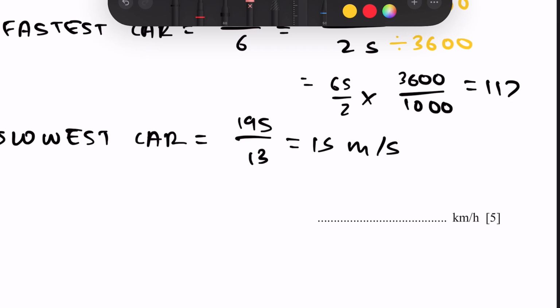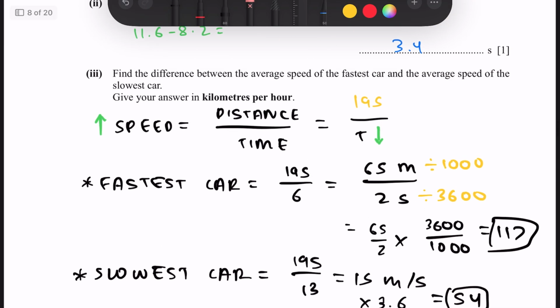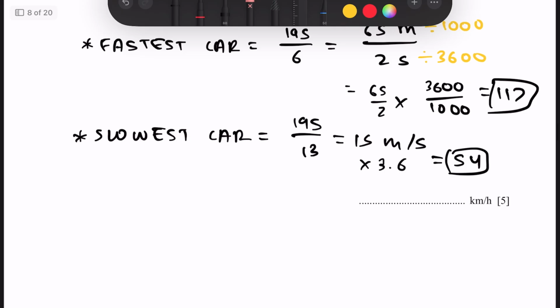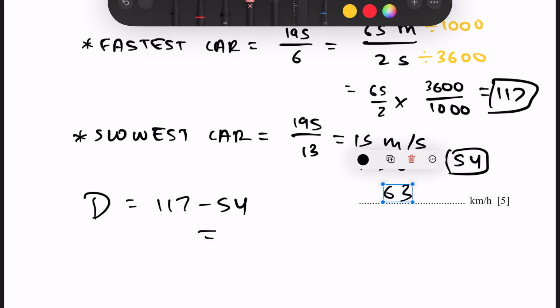Now this, when multiplied by 3.6 to convert it to kilometers per hour, is equal to 54 kilometers per hour, and 117 for our fastest car. Now the difference between these two is equal to 117 minus 54, which is equal to 63. Now if we move this to our side,